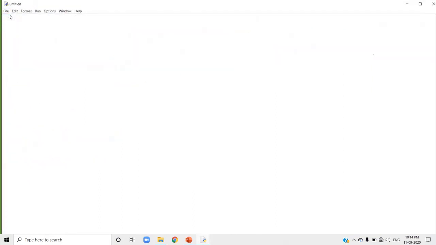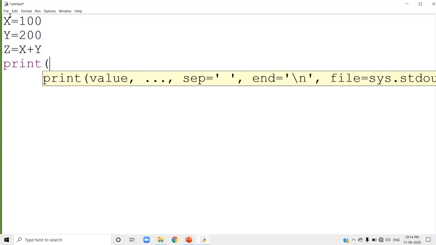I am going to write x equal to 100, y equal to 200, z equal to x plus y, print sum of x comma y is